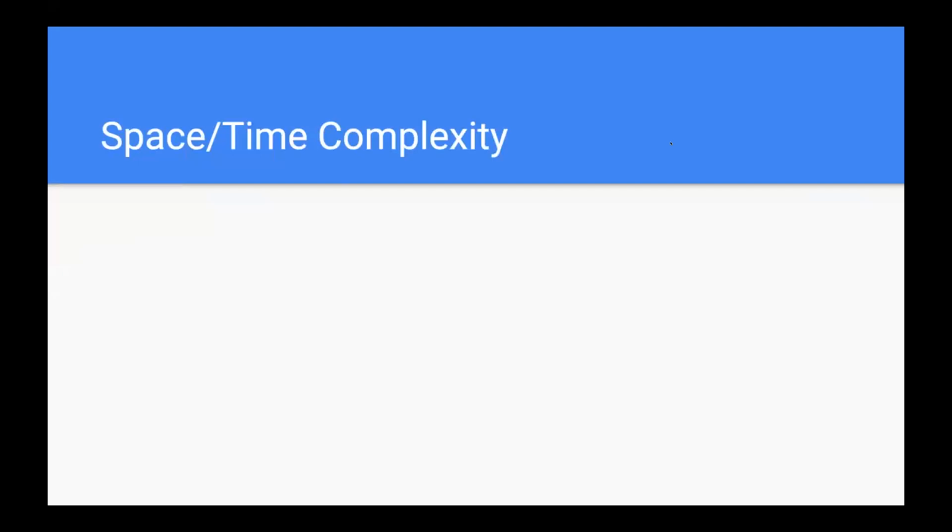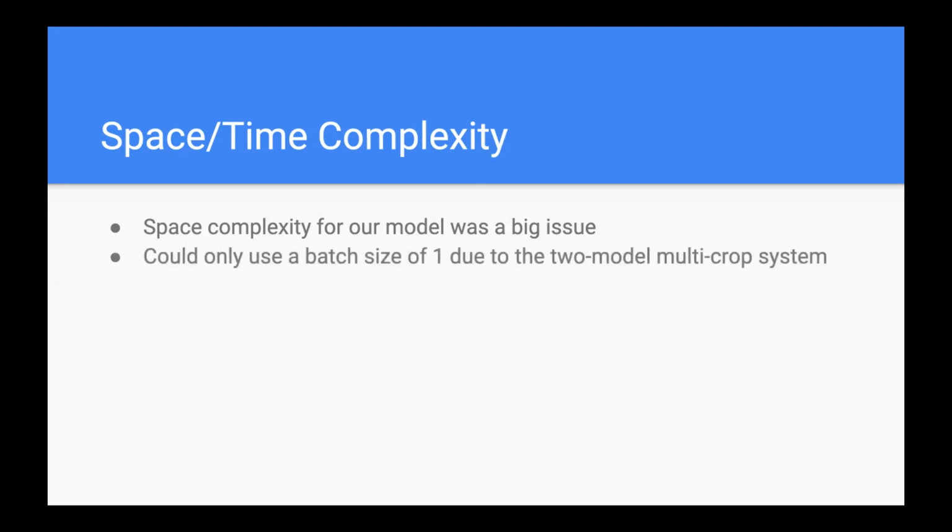So one of the key drawbacks of our model is the space requirement for running the model on a GPU, because like Dino it is a two model system with a multi-crop input, it already requires much more space than a regular single model supervised model. Since we are using video, this space requirement is multiplied by the number of frames in the videos. Because of this, we are only able to load one video at a time, which increases our training times.